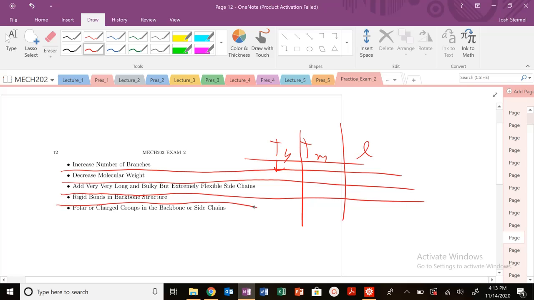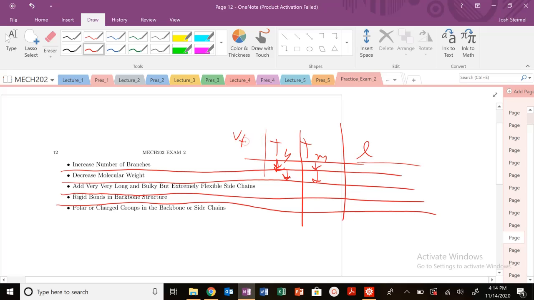Let me draw here very delicately. So I'm going to decrease my Tg and my Tm if I increase my number of branches. And lamellar thickness, let's go back to that in a second. If I decrease my molecular weight, again, same thing. I'm adding free volume, increasing my amount of free volume, decreasing Tg,